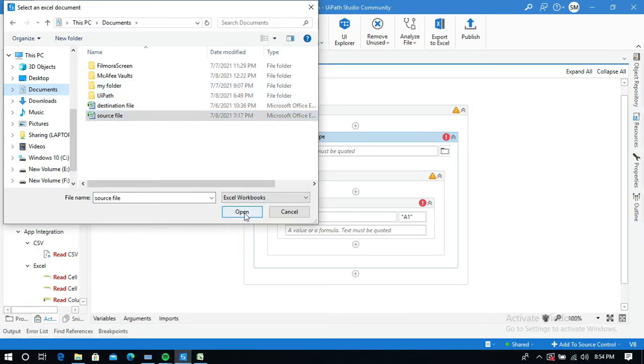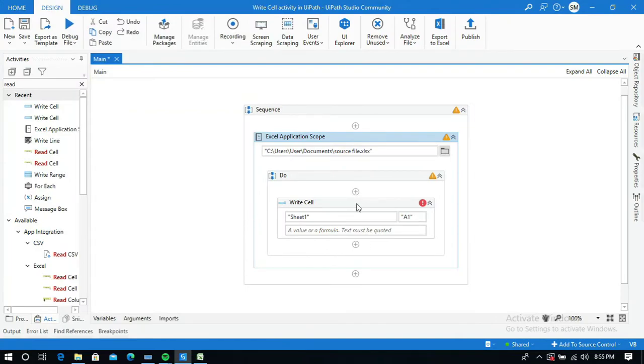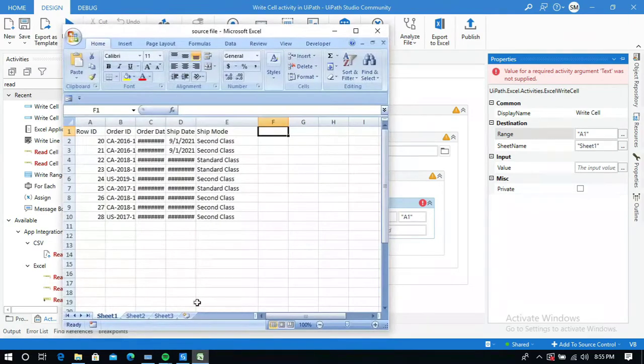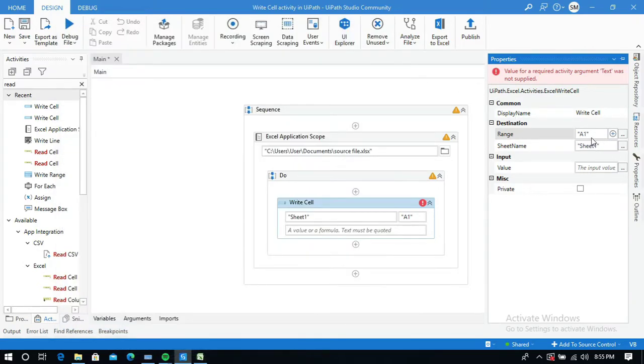I am going to view this example file. Let me open it and click on this activity. Go to properties. Here you need to give some information, like in which cell you want to write data. I am going to write in F1, and I am going to give the value city. The columns are order ID, order date, ship date, ship mode, and I am going to give city as a column name. Let me minimize it. I am going to write in F1 in Sheet1 only, and its value is within quotation marks. I am going to give city as a column name.